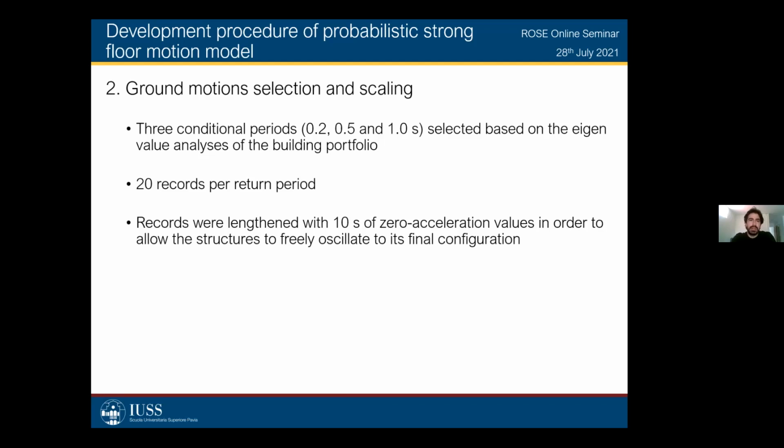So in order to assess the strong motion duration, we need to be sure that the structure actually oscillates completely to its final rested configuration, because otherwise we cannot be completely sure whether this residual movement of the structure after the ground motion is finished is strong enough or not to actually impact the strong motion duration of the accelerograms. So this was an important adjustment that had to be done to the records in order to be sure that we're not going to have any issue with this.